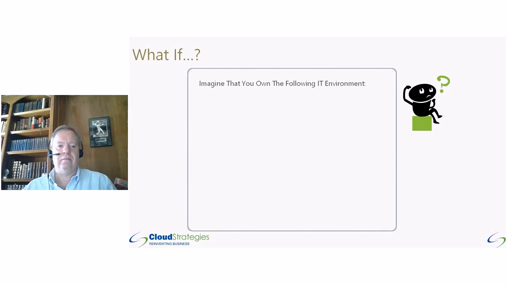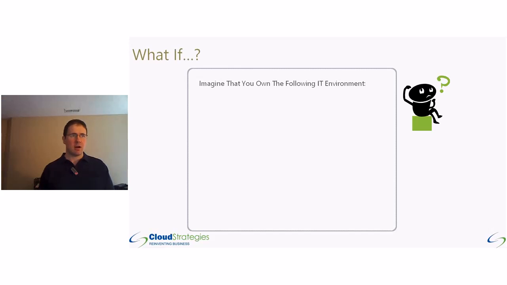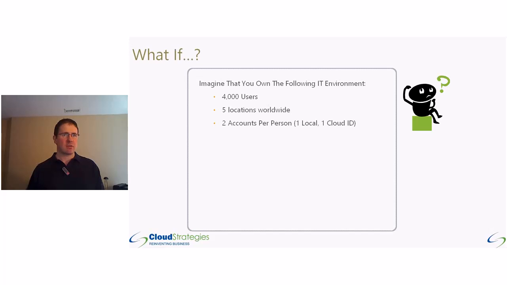So I'm going to start this out with a little scenario. Just imagine that you are the owner of the following IT environment. You've got about 4,000 users, 5 locations worldwide, and today each person on the network has 2 accounts that they use. They have one cloud ID, and they have one ID in your local Active Directory environment. So in that scenario,